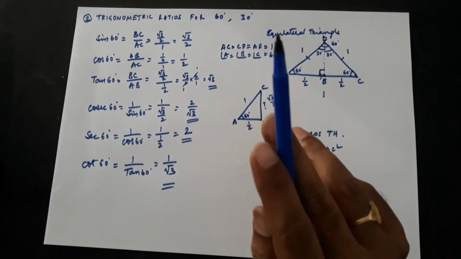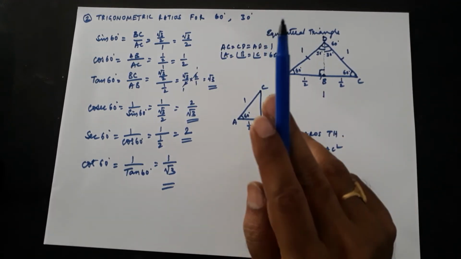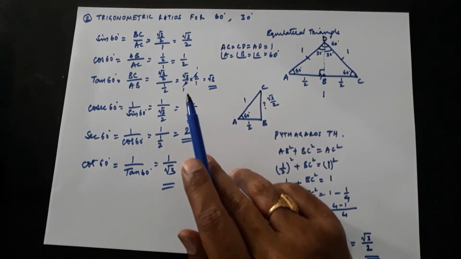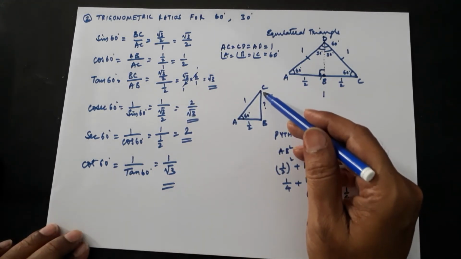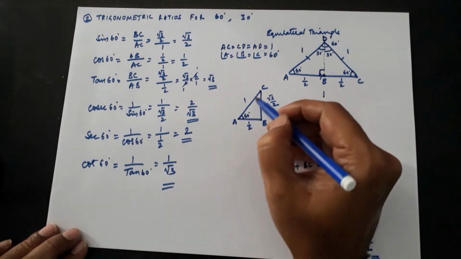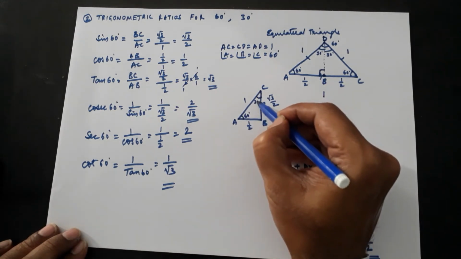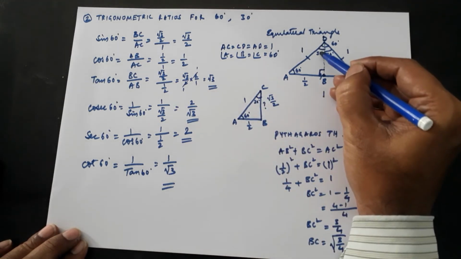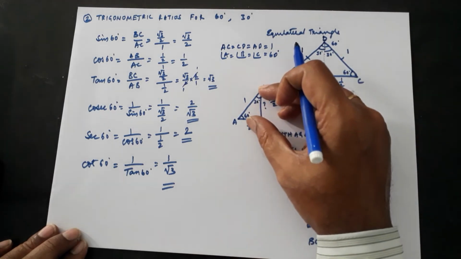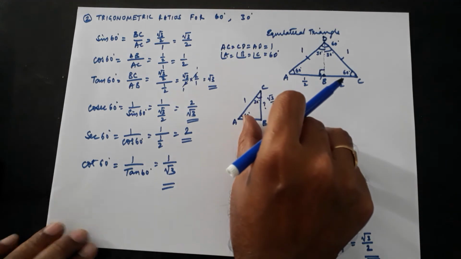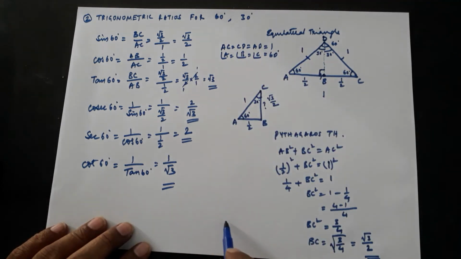Okay, earlier we have done for 45 degrees, we got the values. Now we got for 60 degrees, we got the values. So, if we take the same triangle, because we have 30 degrees here, right? 60, 30 and 90. So if you take the same triangle and reverse it, this one. Like if we draw like this, this would be BC.